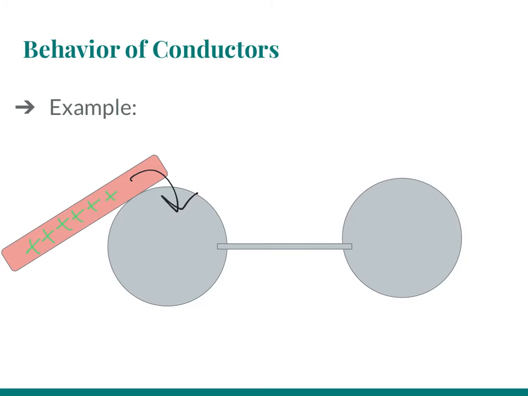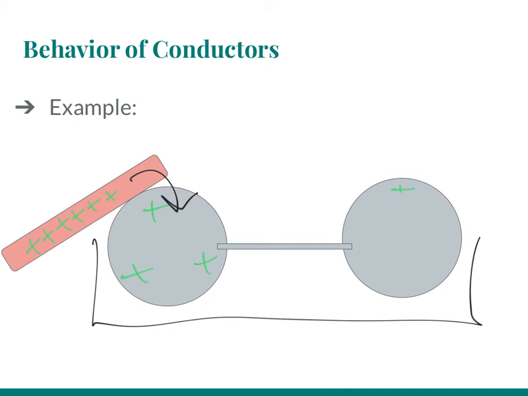But since everything here is a conductor and it's all connected, it's going to spread out evenly over the whole surface. So the 6 positives from the rod are going to move into the spheres, and we'll have 3 positive